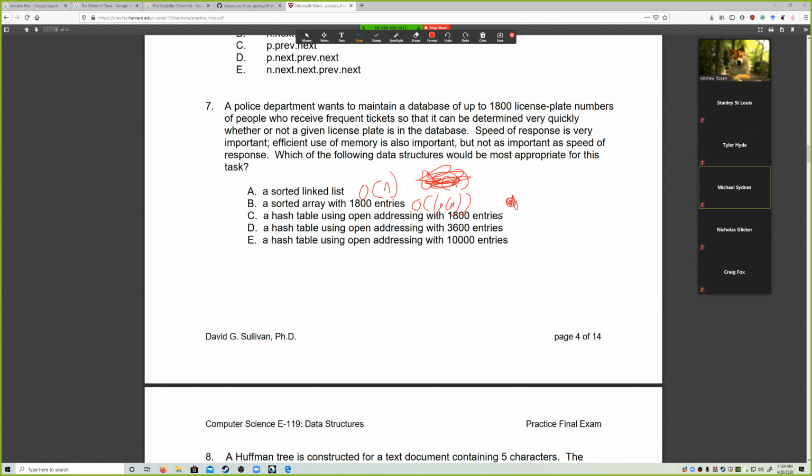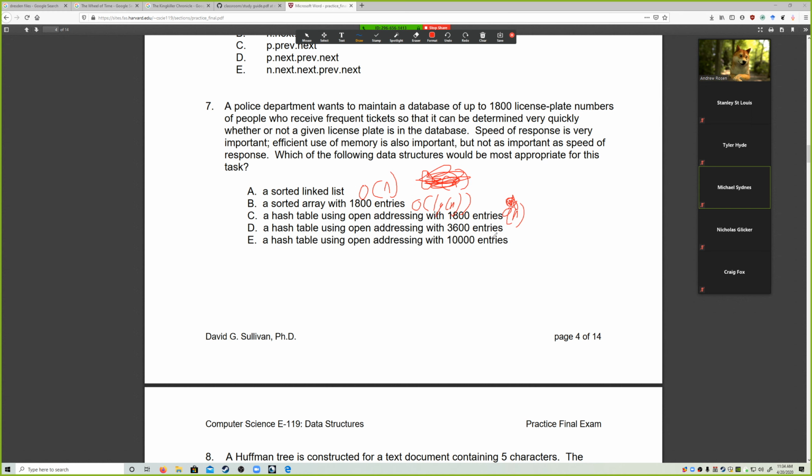However, we see this is basically saying, right, we've got a hash table with 1,800 entries and 1,800 spaces. It's going to take O of n to find something because there are going to be so many collisions. The more spaces we have, the fewer collisions we get. So this takes O of n time because we don't have enough spare space. One of the big things about hash tables is the speedup happens because we have a bunch of empty